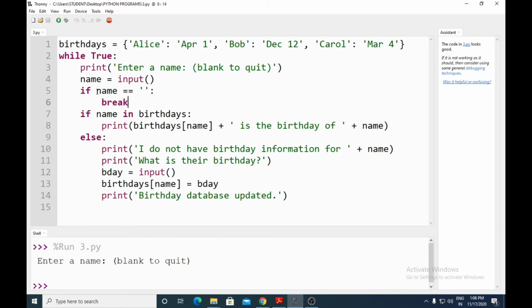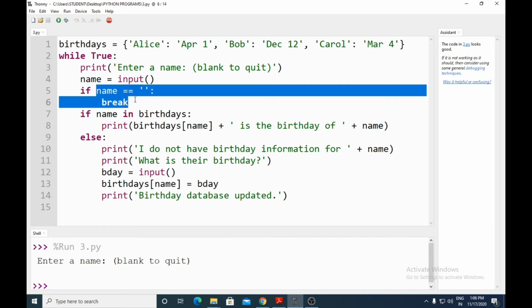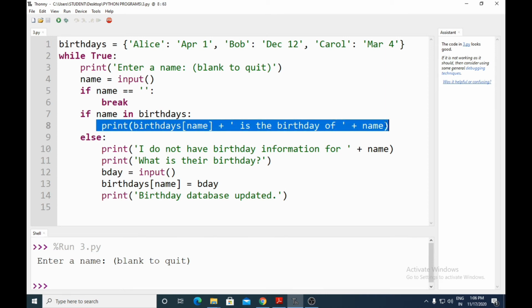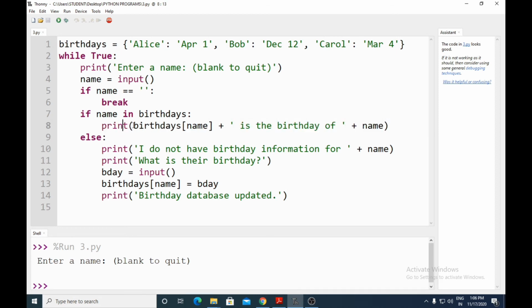Here this condition will not be true, so we come to the next condition, that is if name in birthdays. What is there in name? Alice. If Alice is in birthdays, print this particular statement. What is this statement? Print birthdays of name. Dictionary name, variable name, birthdays of name.